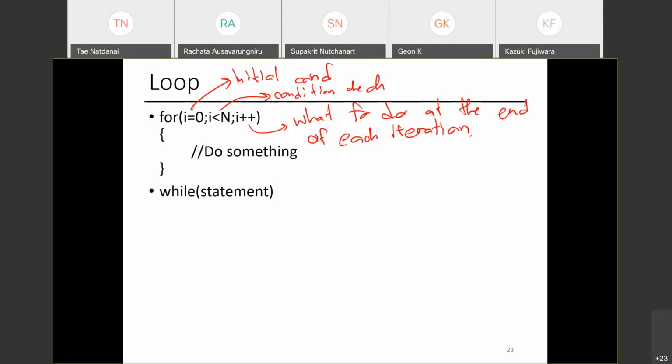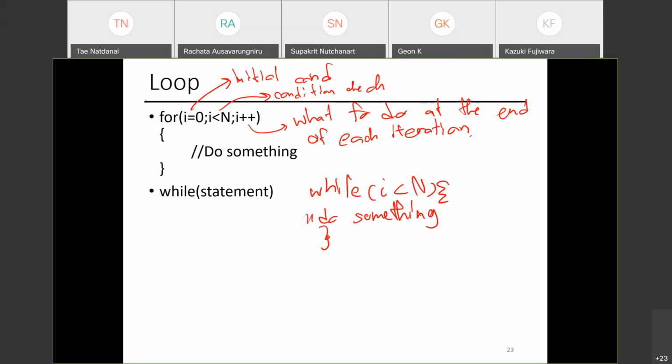You can do a while statement. For example, while i is less than n, do something. This is one sample. Make sure that this loop doesn't go into an infinite loop.